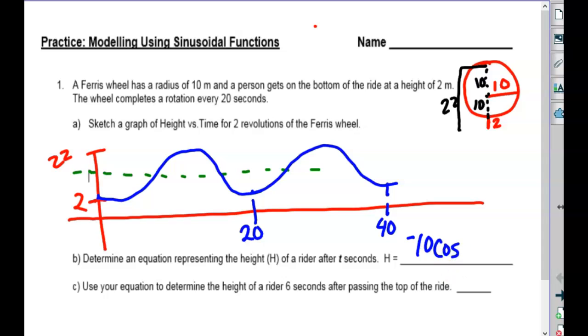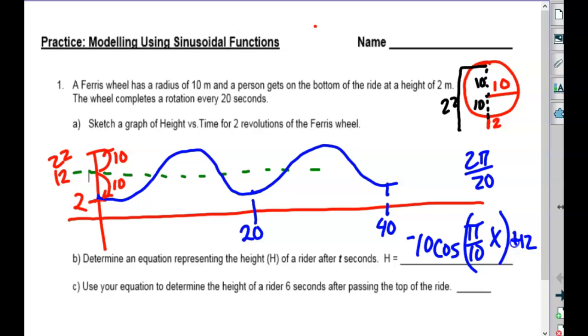Okay, where'd you get 10 again? Just so we're not confusing anybody. This was at 12, right? The midline. And then it went 10 up and 10 down. Okay. Negative 10 cosine what? 2 pi over 20 would be pi over 10. We don't need a phase shift. You can put extra parentheses in there, but